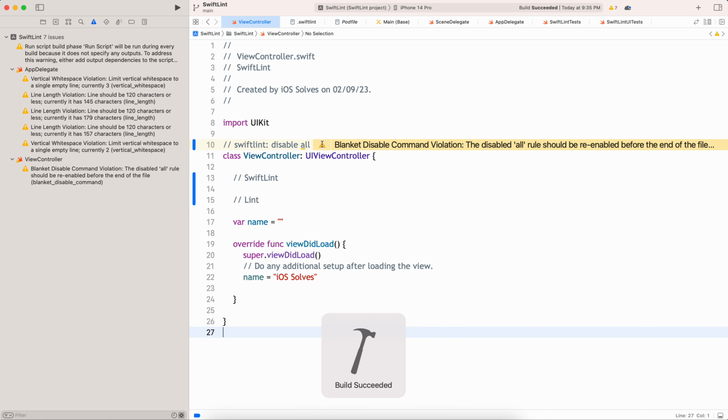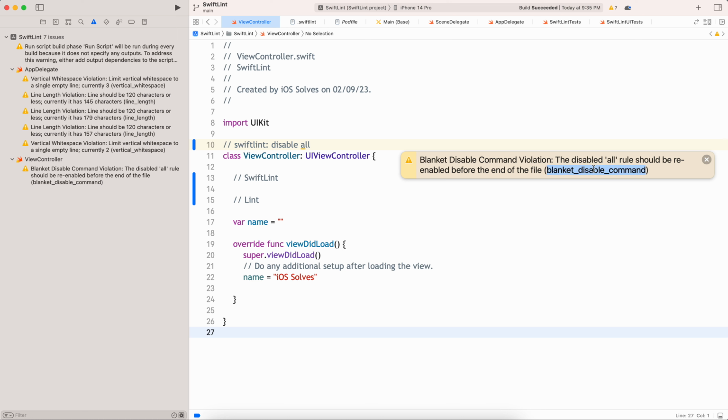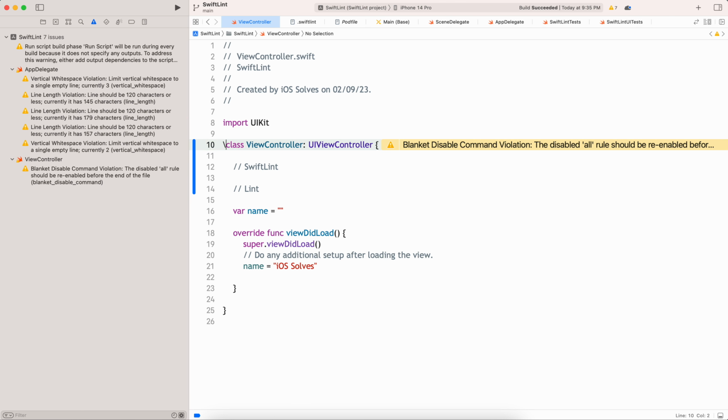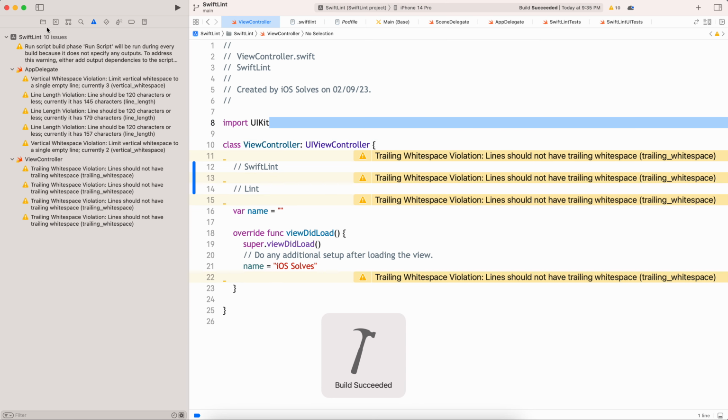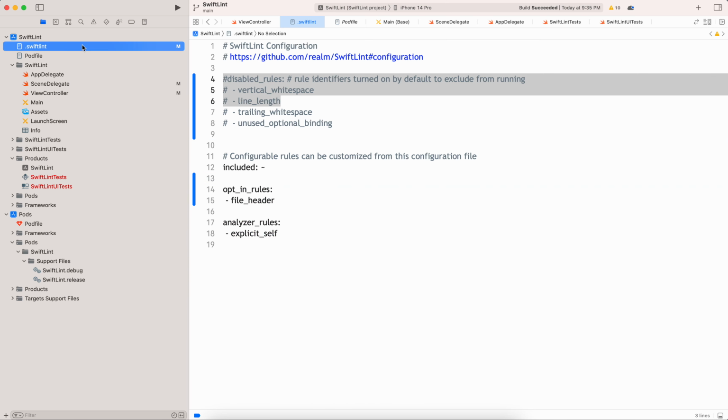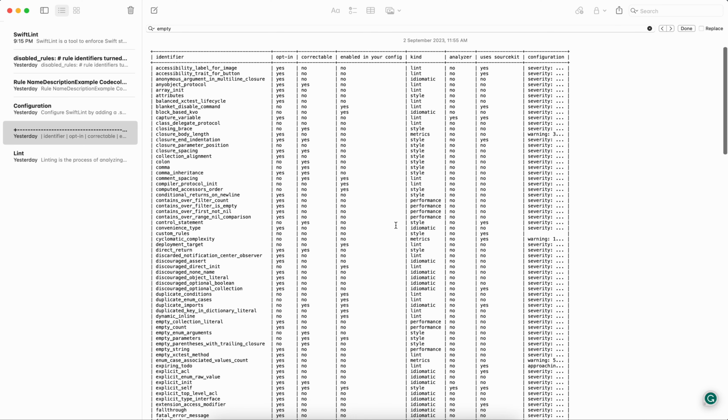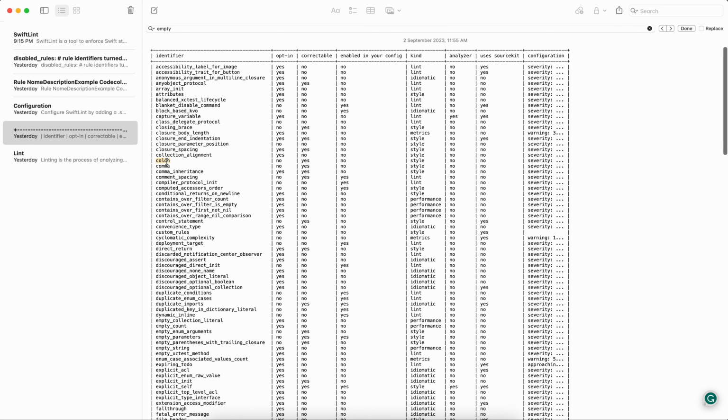But I can't give some blanket. Why? Because of the blanket disable command violation. This disabled all rule should be re-enabled before the end of the file, blanket disable command. Okay, so like that also we can give. Now again in the view controller it will start showing. So it is as simple as in your YML file, you go here and play with each and everything. For example, colon, closing brace, closure body length, attributes, array init,